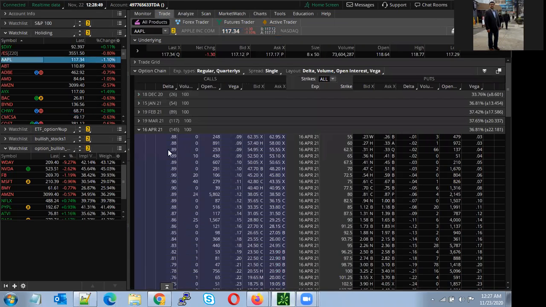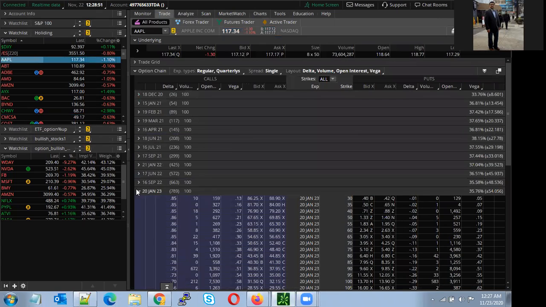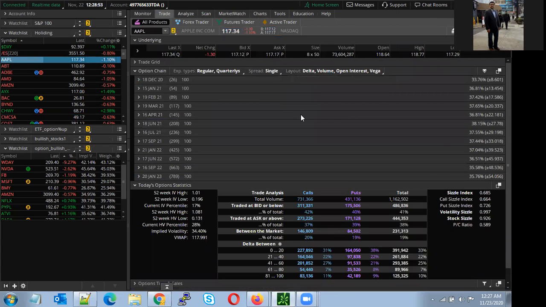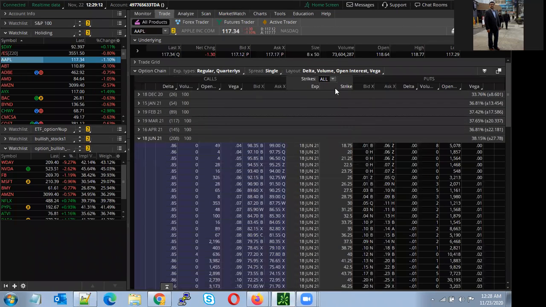Yes. So this is called an option chain. I'm sure at least you know the basics. This is Apple, and this is the option chain. Now we are thinking I want to buy in June 18. Here all the options are listed.